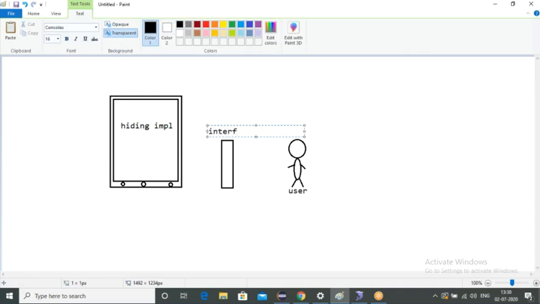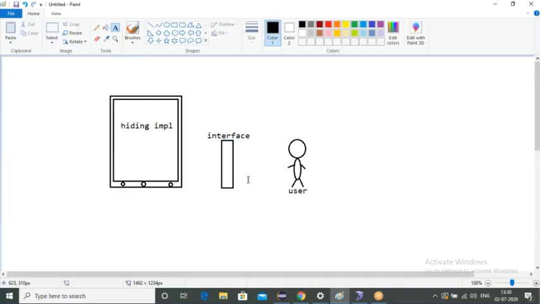What is the full definition of abstraction, guys? Hiding the implementation and providing the functionality to a user with the help of an interface. Clear? With the help of an interface. Now, between user and mobile phone, what is the interface, guys, here? The operating system.